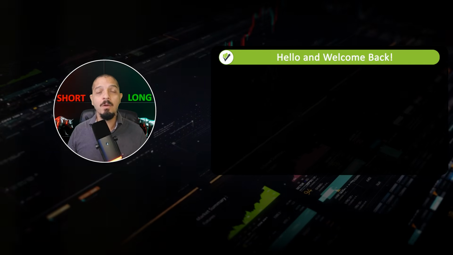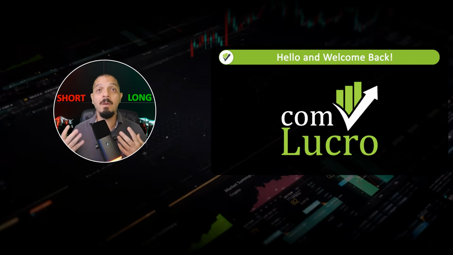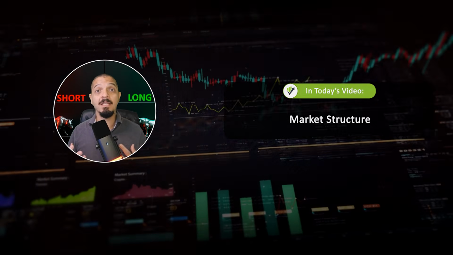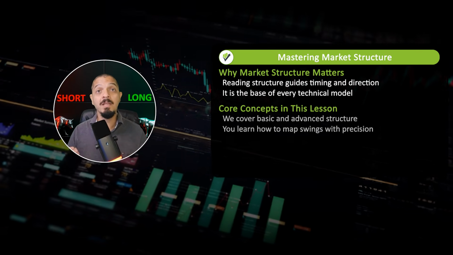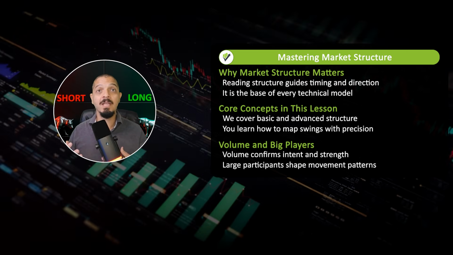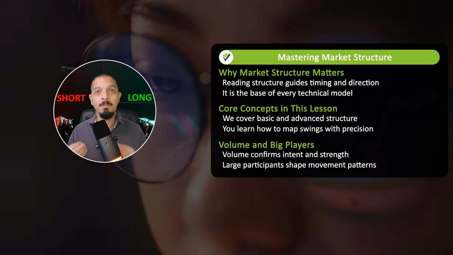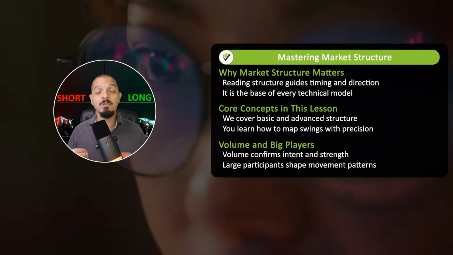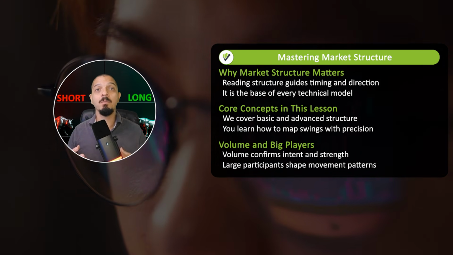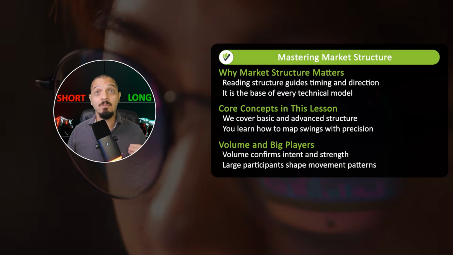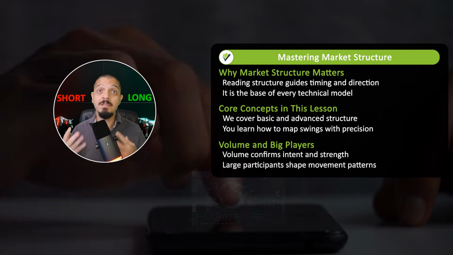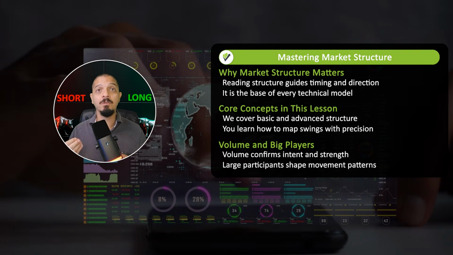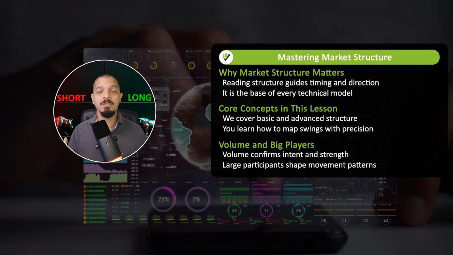Hello traders! Are you aware that accurately pinpointing and charting the market structure is a fundamental yet frequently underestimated skill in trading? In today's chapter of our Smart Money Concepts course, we'll take a closer look at a skill that's often overlooked, but makes a real difference in trading results: knowing how to read and map the market structure. In this video, we'll cover both basic and advanced concepts of market structure, along with practical tips to map it effectively. You'll also learn how volume and big market players influence price movements, key elements to stay ahead in the